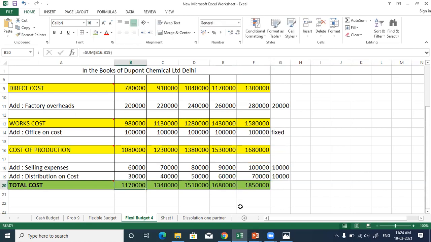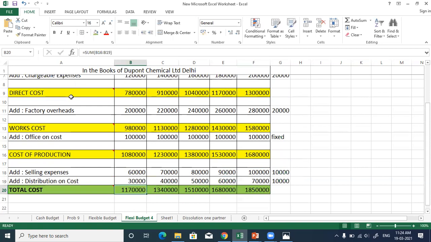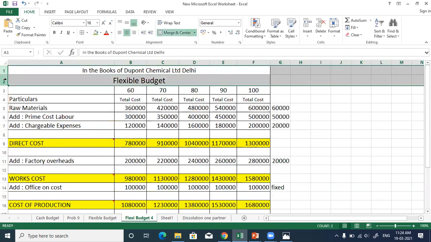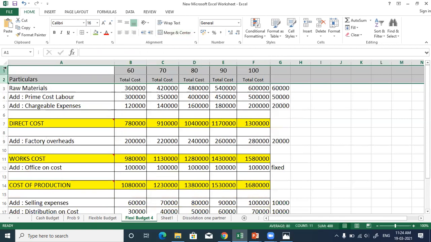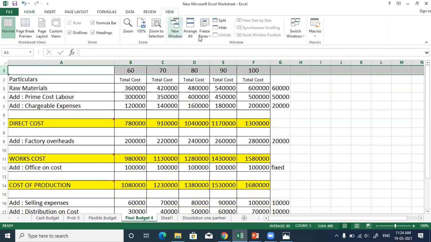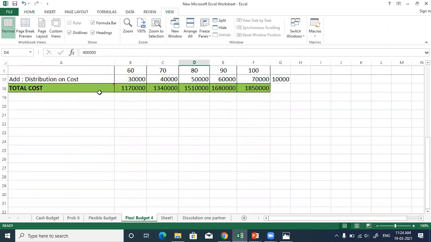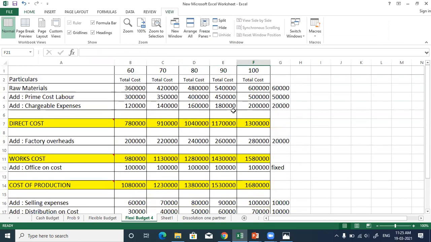So your total cost is 11,70,000. Then at 70% capacity, your total cost is... so at 60%, your total cost is 11,70,000. At 70% is 13,40,000. At 80%, 15,10,000. At 90%, 16,80,000. At 100% capacity, your total cost of production will be 18,50,000. So this is a problem on flexible budget, where the flexibility of cost is gradually increasing at a